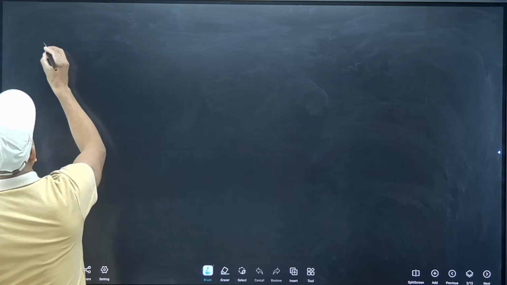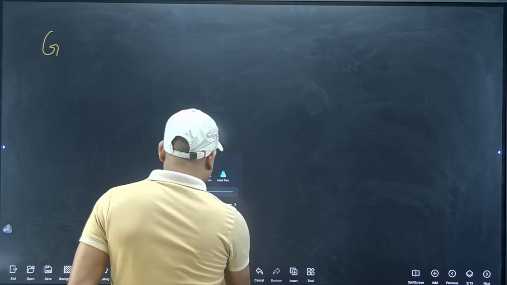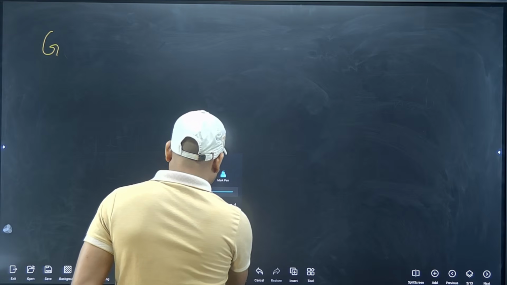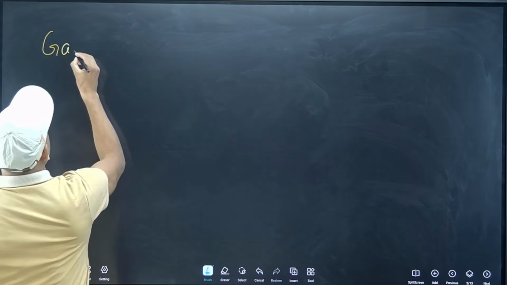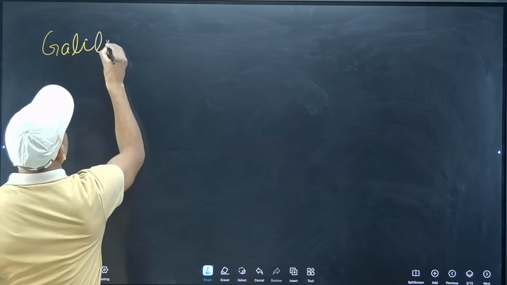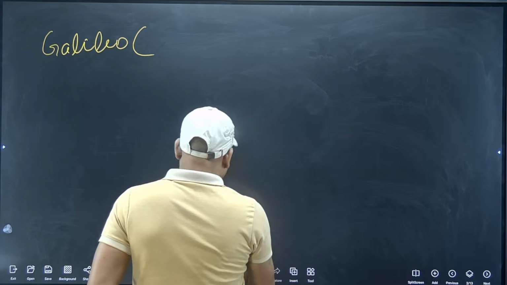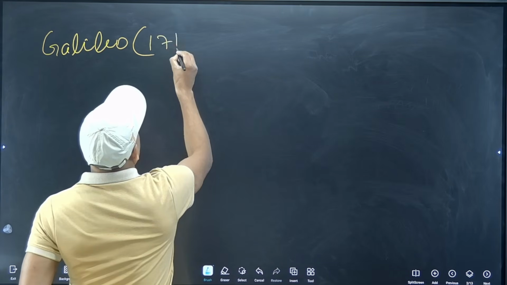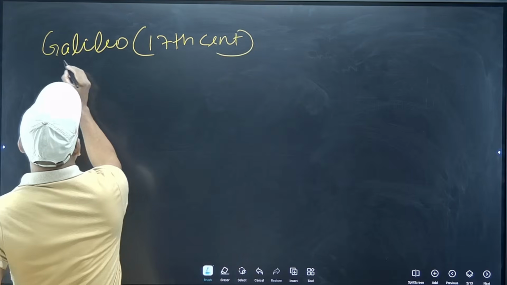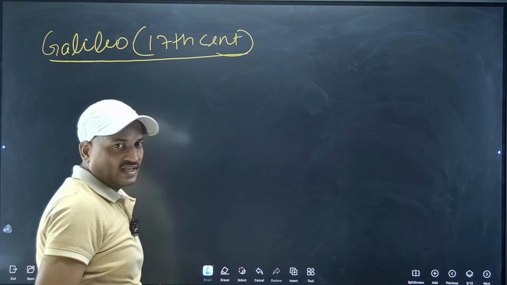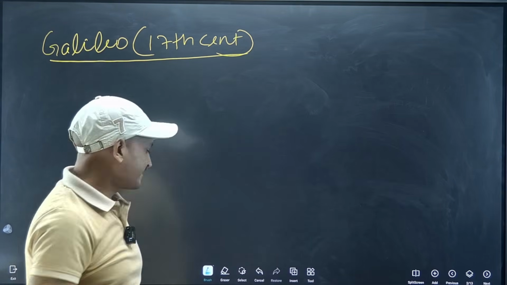After Copernicus, Galileo tried to extend this model. Galileo, in the 17th century, the next century, tried to extend the heliocentric model as it was proposed by Copernicus. And he said,